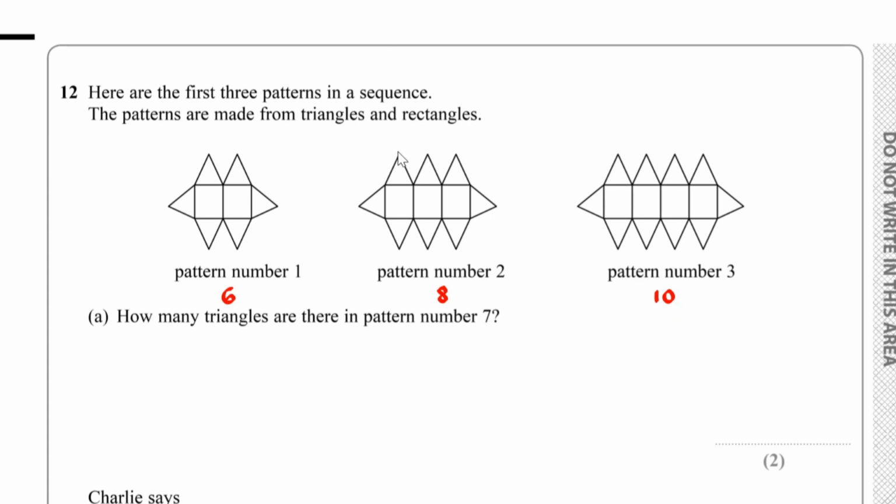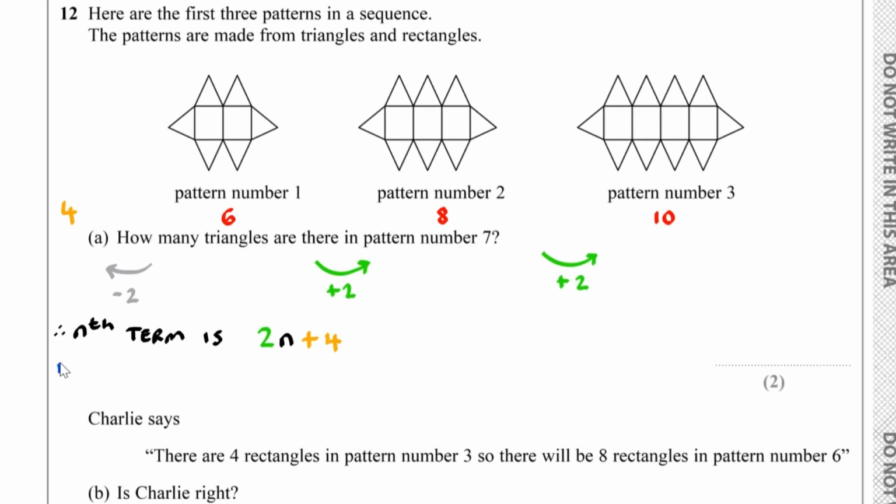Well, if we find the nth term, from the 6 to the 8 we add 2, and from the 8 to the 10 we add 2, and therefore for the 0th term we would have to do the inverse of plus 2, which is minus 2. 6 minus 2 is 4, so the nth term will be 2n plus the 4. Now we want the 7th, so when n is 7